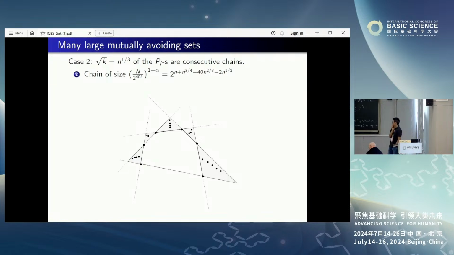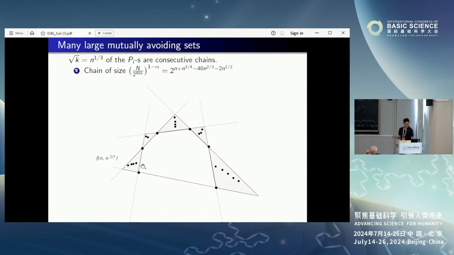And so what's nice about these two chains, chain generate by these two mutually settle the 2 to the n and remove the endpoints. Point can constants. You have